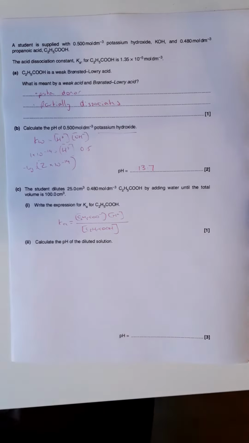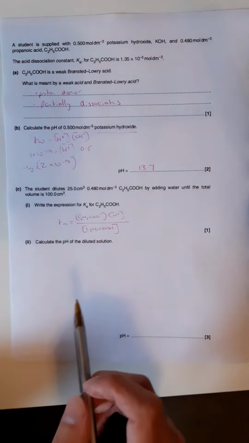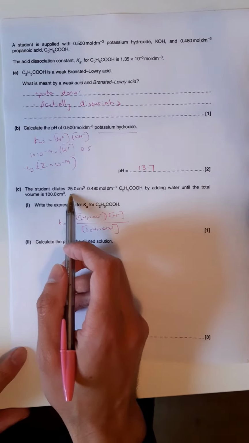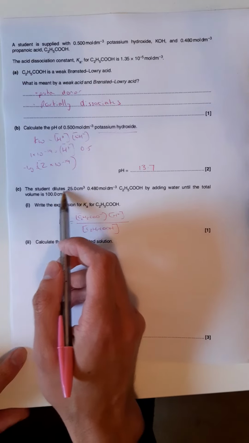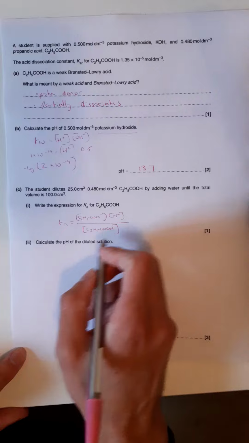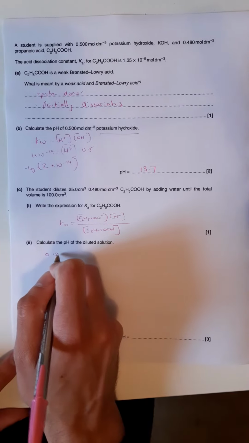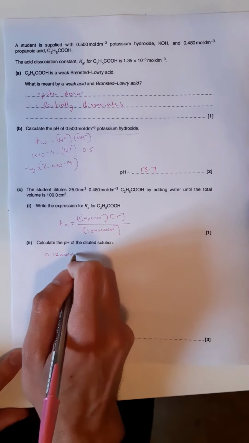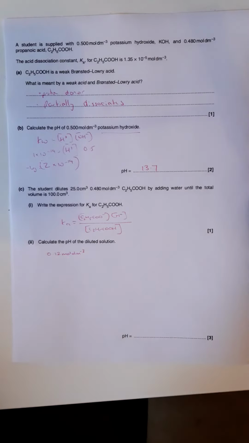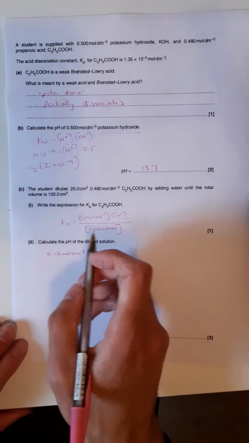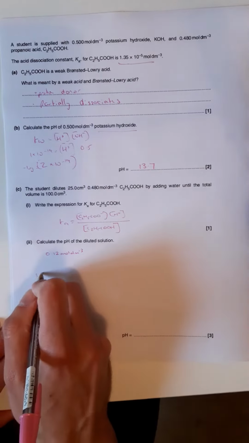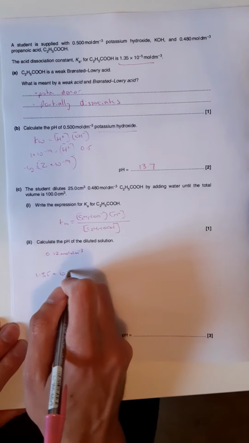Calculate the pH of this diluted solution. Well, it was originally 0.48 in 25. It's been diluted down by 4 up to 100. So the new concentration of the propanoic acid is going to be 0.12 mole per decimeter cubed. We're diluting it down by 4. We now know that the Ka, we got told it right at the start, is 1.35 times 10 to the minus